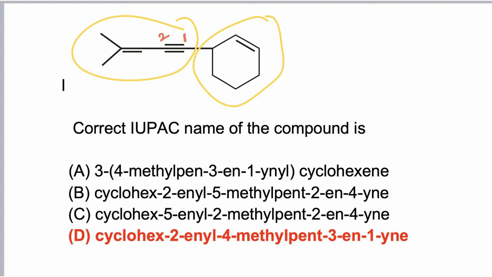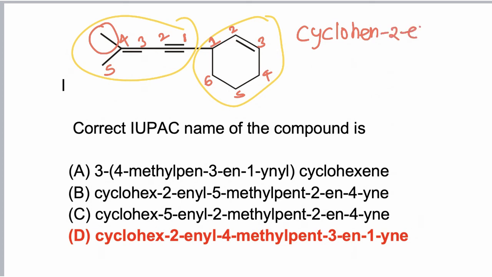carbon which is having multiple bonds. So 1, 2, 3, 4, 5 carbon atoms are present in the principal chain. Now one side chain is present at the 4th carbon. Now this cyclohexenyl ring is a substituent, and for any substituent, first carbon is given to that carbon which is having free valency. So now this is a complex side chain which is present at first position. So the name of the side chain is cyclohexene. Multiple bond is present at second position, so cyclohex-2-enyl.